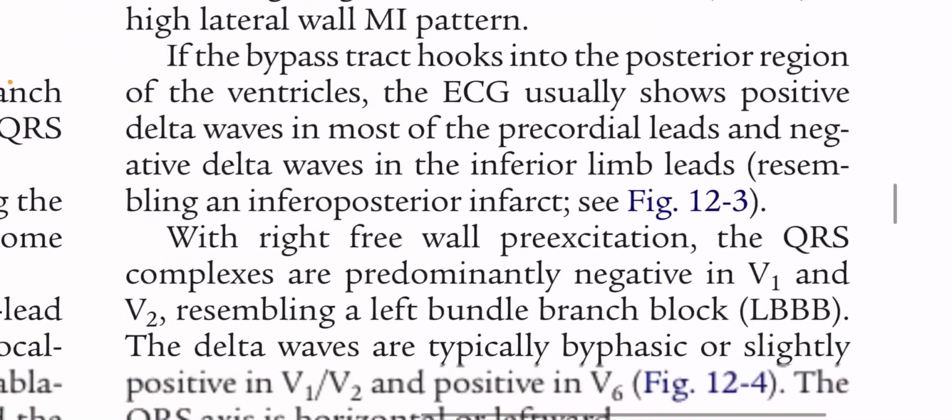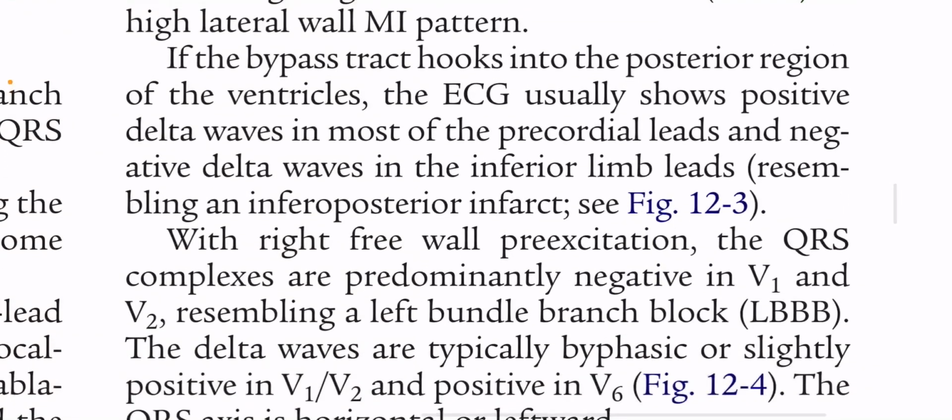If the bypass tract hooks into the posterior region of the ventricle, the ECG usually shows positive delta waves in most precordial leads and negative delta waves in the inferior limb leads, resembling an inferoposterior